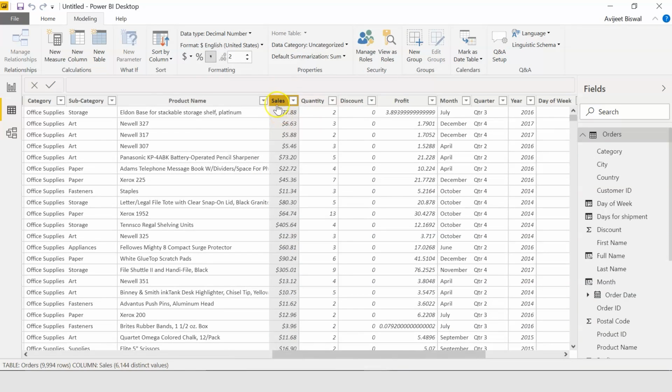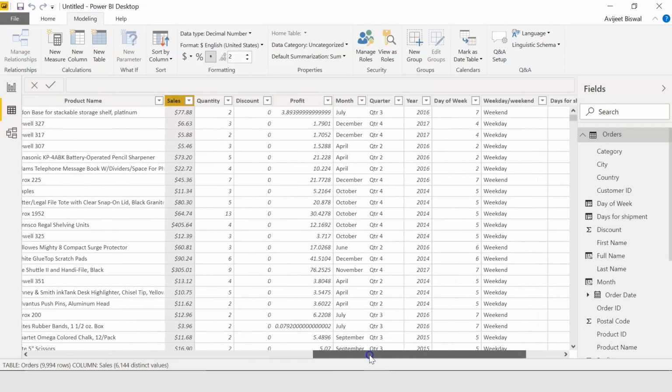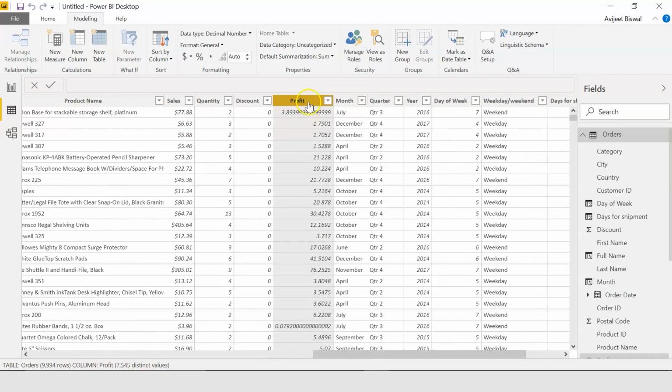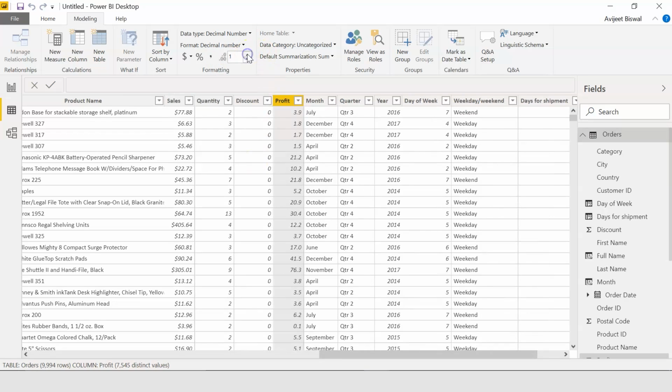You can see our sales column is now represented by a dollar value. Similarly, let me make some changes to the profit column. As you can see, there are multiple decimal values for each profit. So let's standardize it. So I'll select the profit column, and this is where you can standardize it. Now it's auto. So let me make it 2 decimal places.